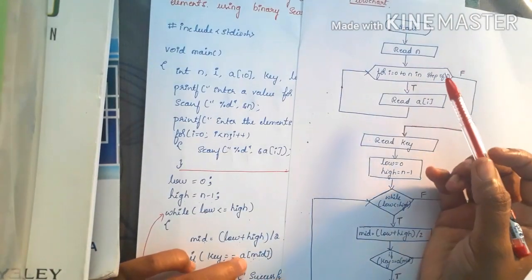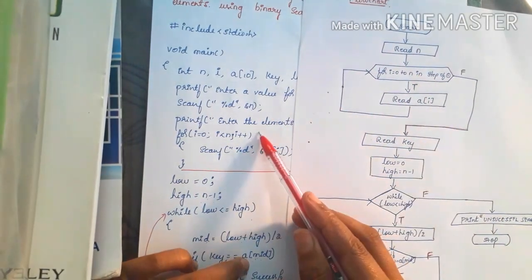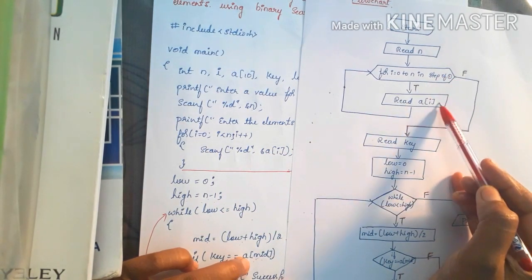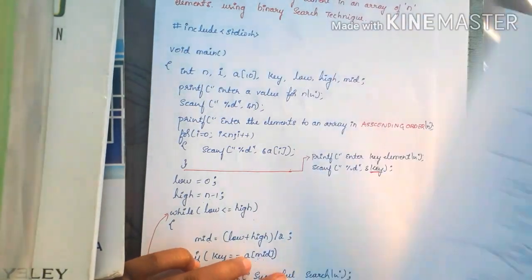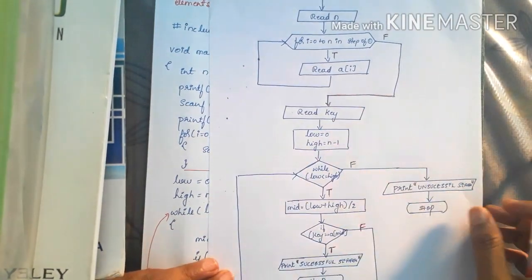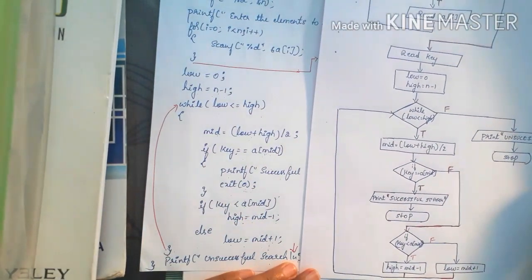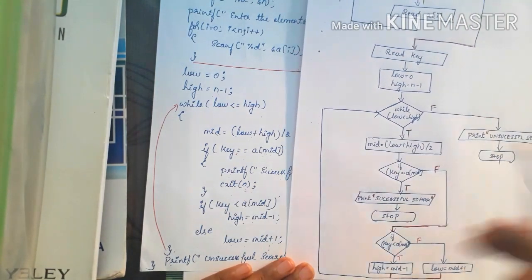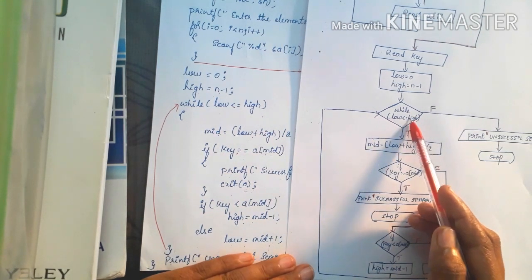This is the flowchart for the binary search program. First start, then read n. Next, using this for loop structure, input n elements to the array. Next, input a key element, so then read a key element. Next, low is equal to 0, high is equal to n minus 1. Next, while low is less than or equal to high,